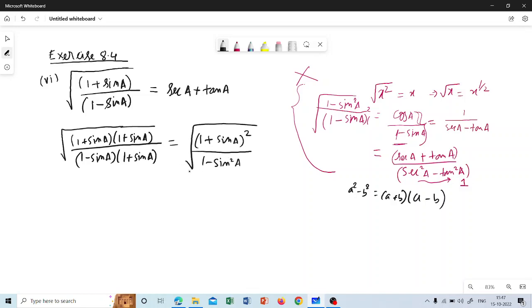So now this is LHS. I can write LHS, which is equivalent to, since we are generally considering only angles from 0 to 90 degrees,